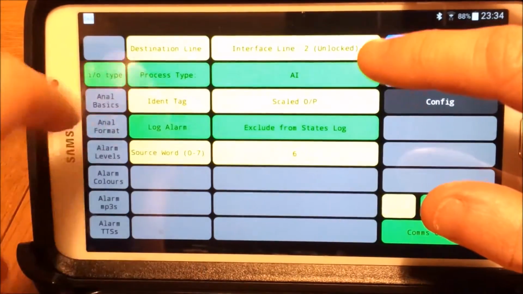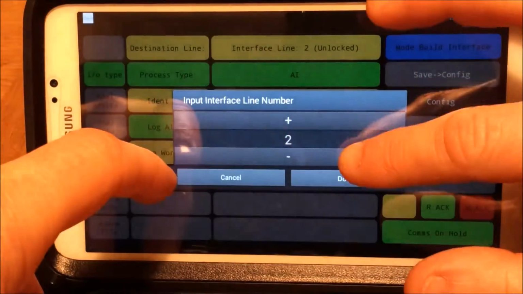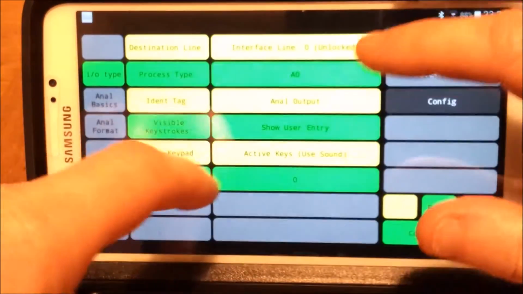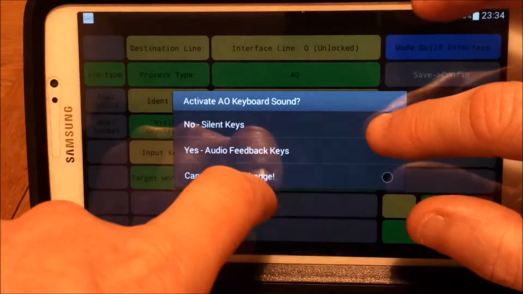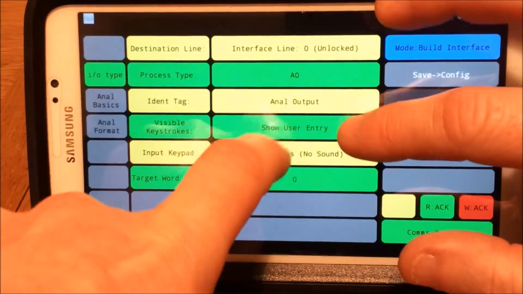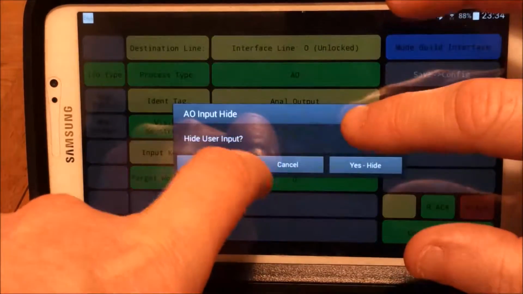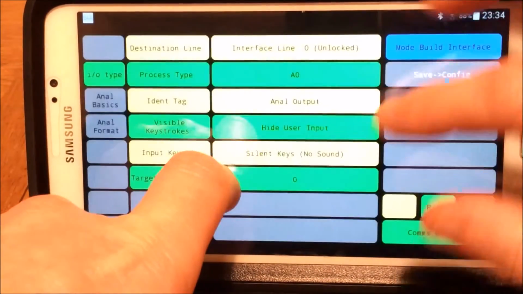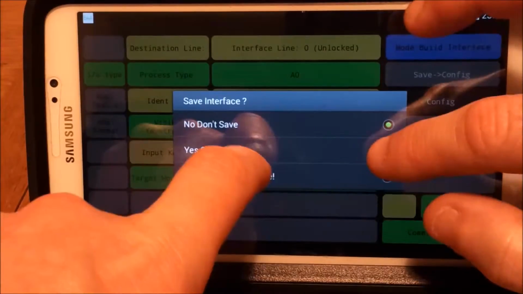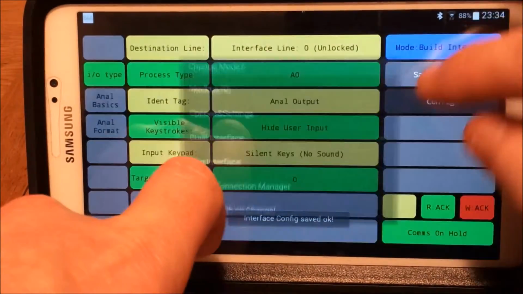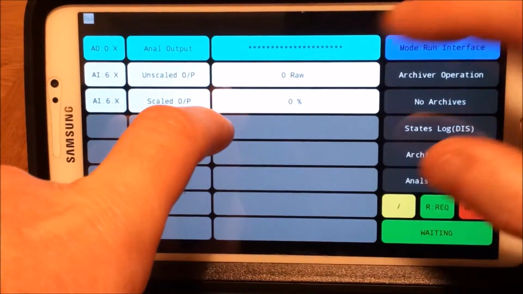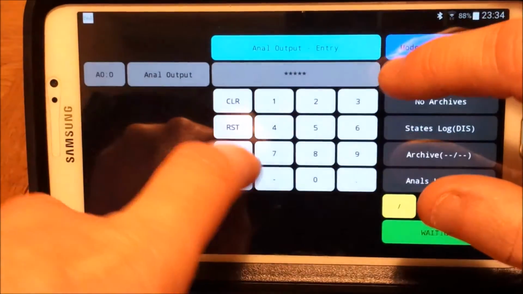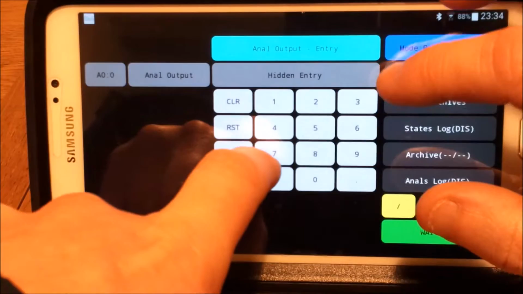If we look again at the analog input line, we can see we've got a couple of options. We can use sound. I'll take away the sound entry, silent keys, and we can also show the entry or hide the entry. We'll hide it, save it, see what that does. And if we go back to run the interface, we can't see what it is, but if we clear the line and put in